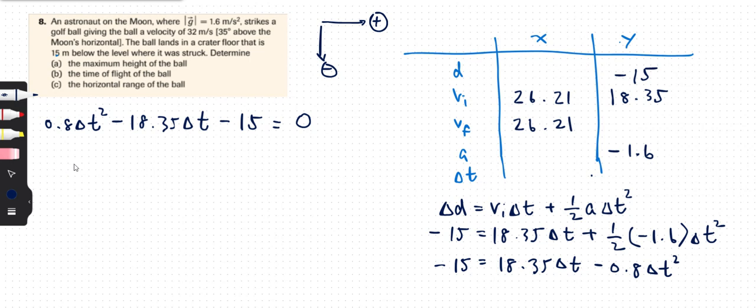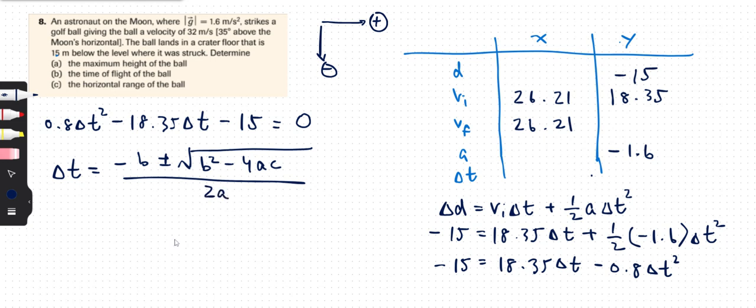And if you recall, the quadratic formula is negative b plus minus square root of b squared minus 4ac over 2a. So let's plug this in. This is A, this is B, and this is C. So negative is going to be positive,